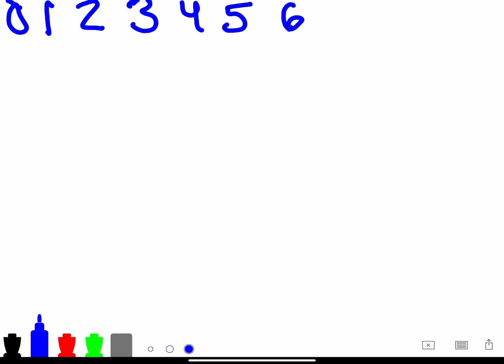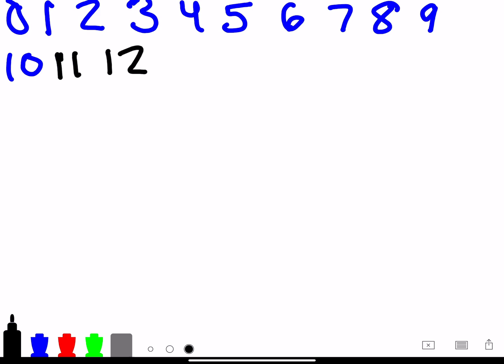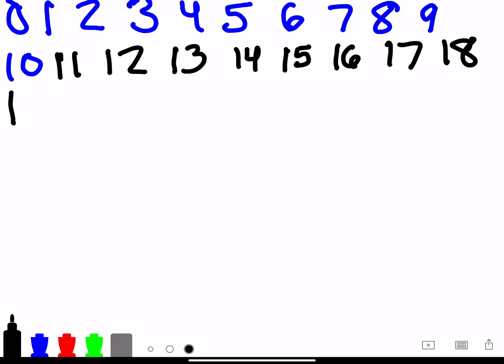Today we are going to be reviewing our number counting skills from 0 to 50. So let's get started. We have 0, 1, 2, 3, 4, 5, 6, 7, 8, 9, 10, 11, 12, 13, 14, 15, 16, 17, 18, 19,